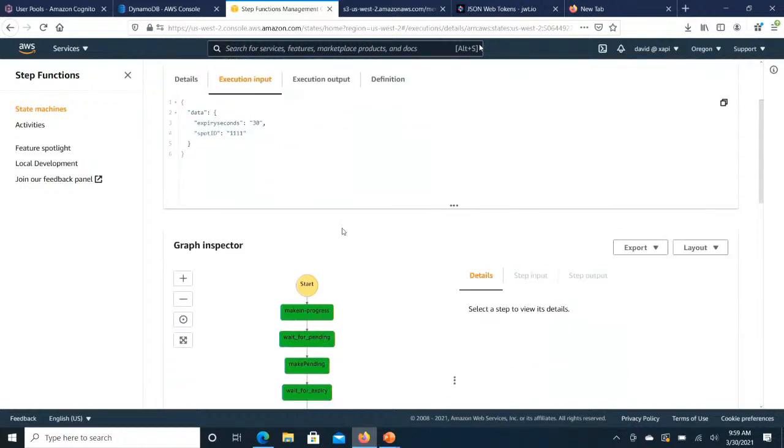And when I go off and I make a Lambda call, that Lambda call runs that code and then returns something, and that's passed to the next state. So you're really able to chain together these little simple Lambda functions to build out your application.